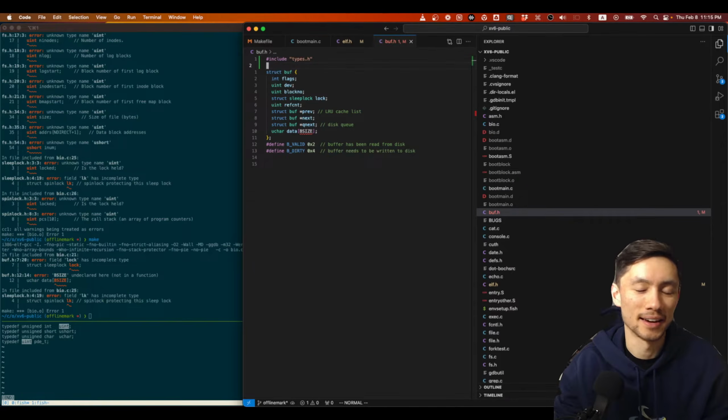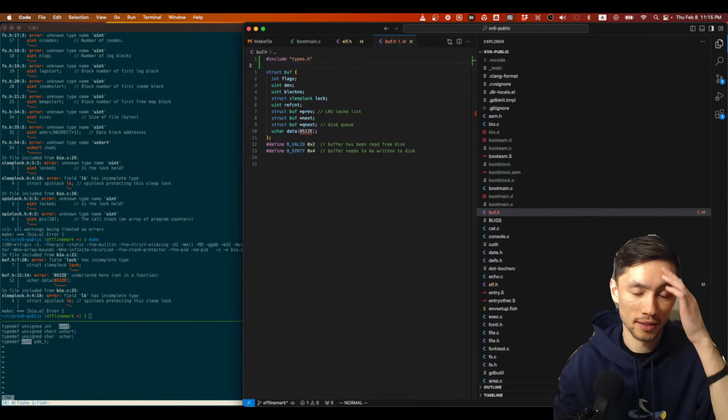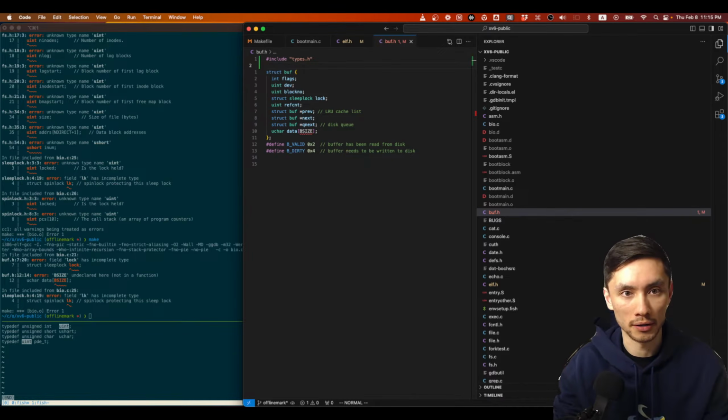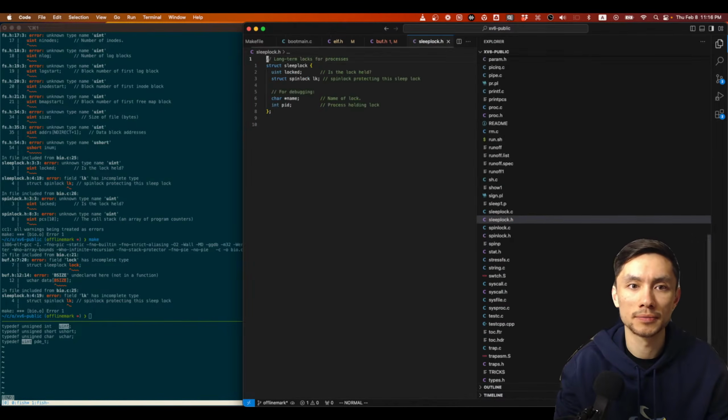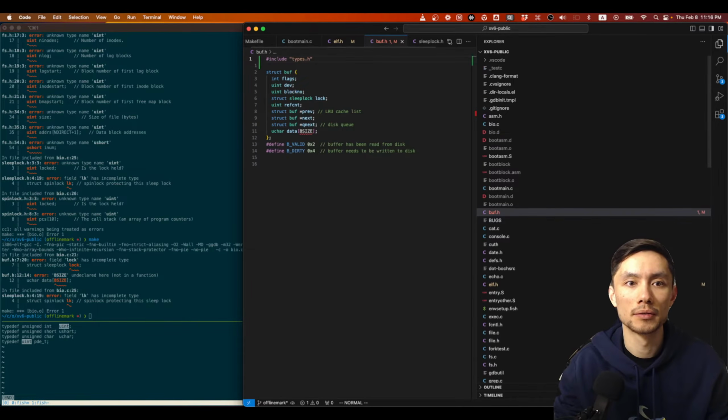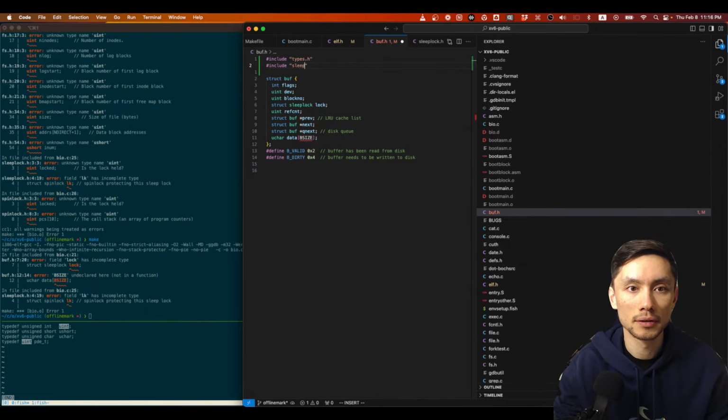It's interesting that I broke the build so hard just by reordering the includes in some files, because that just points at kind of poor code quality, to be honest. Sleeplock.h. Lock.h.